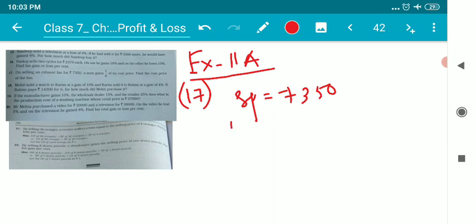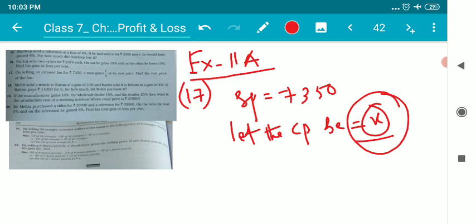Let the cost price be equal to X, as I don't know it, let us assume. Children, I don't know by which amount the person had bought the fan. That is what we don't know. That is why I have assumed the amount of cost price to be rupees X. So in the question it is told that when the person is selling the product for 7,350 rupees, he actually gains 1/6